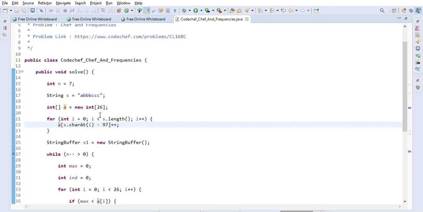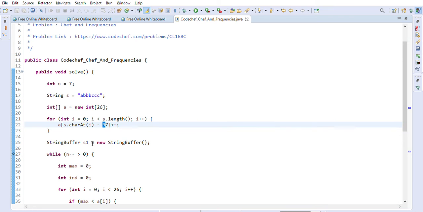So we are going character by character and we are increasing the frequency of each character. This minus 97, why we are doing it? Because we want to convert the character into integer. So once we do minus 97, the A will be converted to 0, right? B will be converted to 1, like that. So that's why we are doing minus 97, right? Because we are getting a character, but our array, the frequency array, is of integer type. So that's why we are subtracting 97 there.